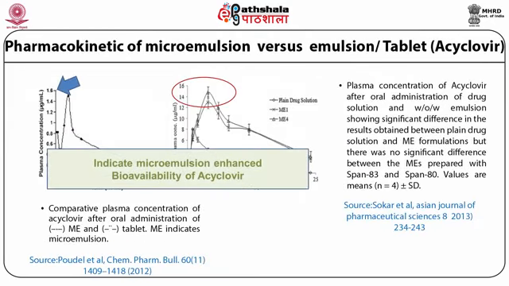On comparing emulsion or tablet based delivery systems of Acyclovir with that of the microemulsion, the results suggested that the plasma concentration of the microemulsion based delivery system is quite high, around 1.6 microgram per ml, whereas in tablet formulation it was just